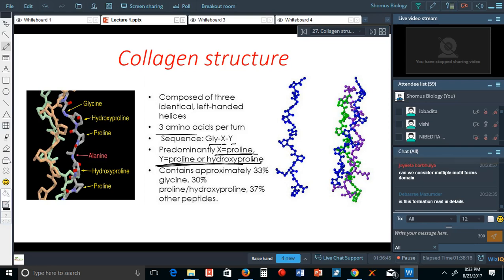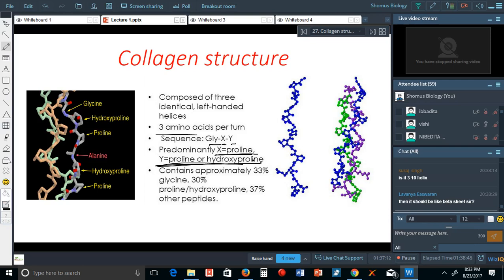That continues. 33% glycine, 30% proline or hydroxyproline, and 37% other peptides. That continues there. But most of the part they are made up with 30% and 37%. So 67% constituent of this is glycine, proline and hydroxyproline. And it's always this particular structure, it's always going to form more of an alpha helical structure, because with